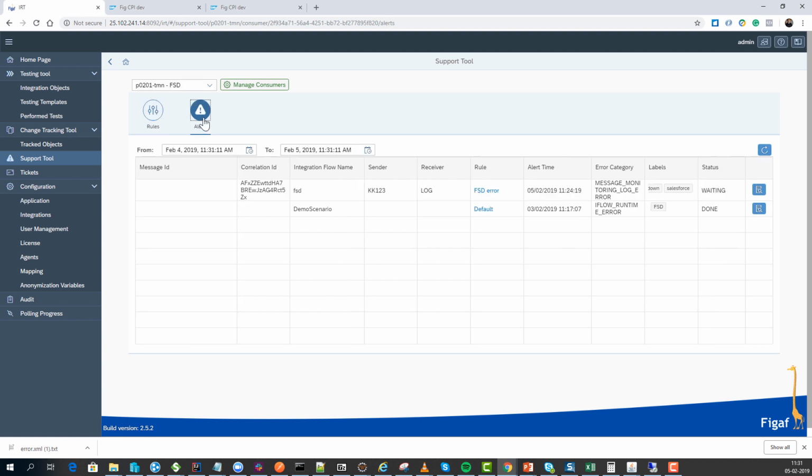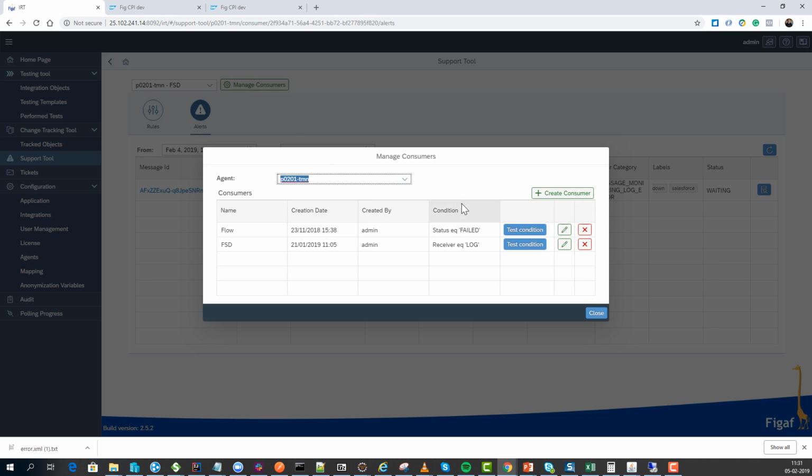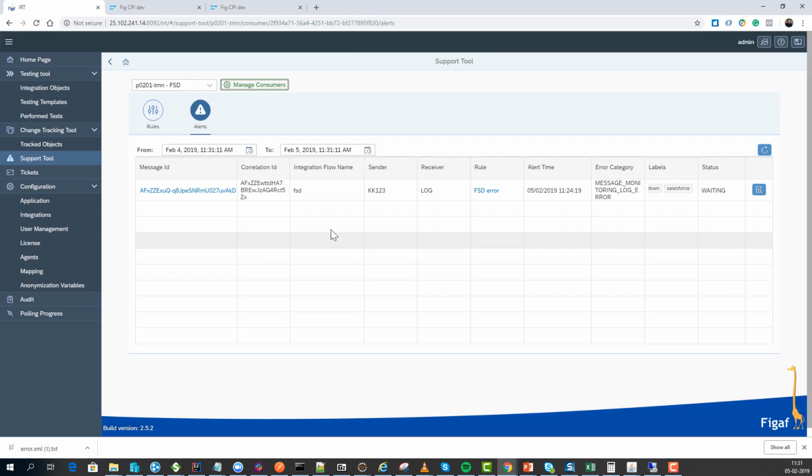So we have a way here where we can specify on the system what the different OData filters are that we want to apply. We have one here that says failed, that will take all the messages that failed and put them into one queue. We have something here that says if this is the receiver, then we want to do something specific with it. If we look at the first one here, we can see we catch the message that was processed with this sender and this receiver,